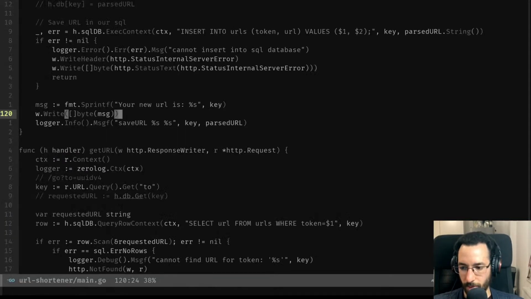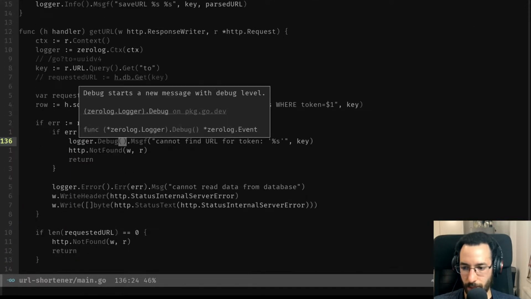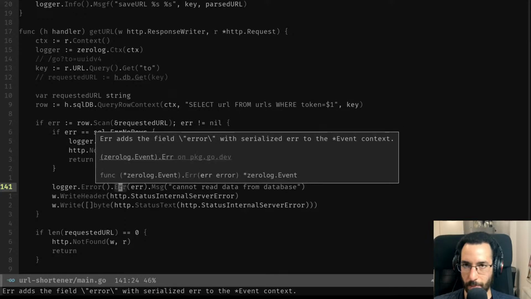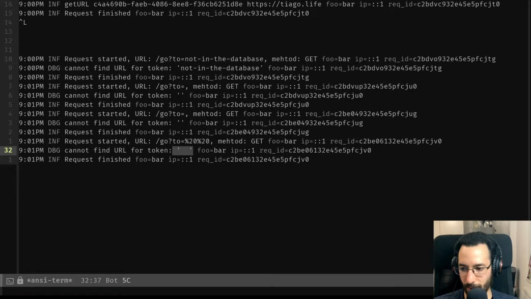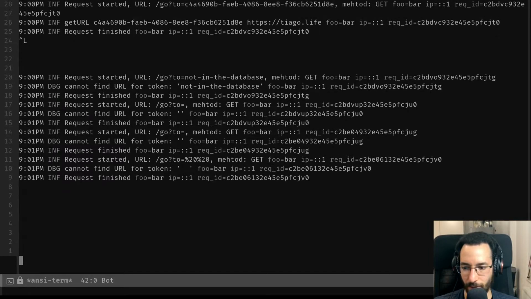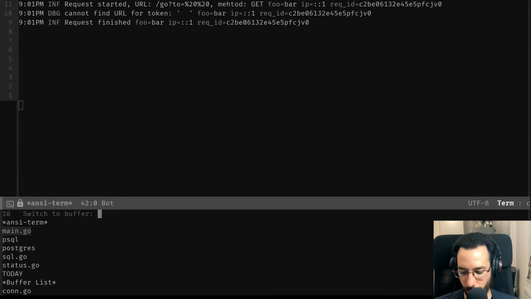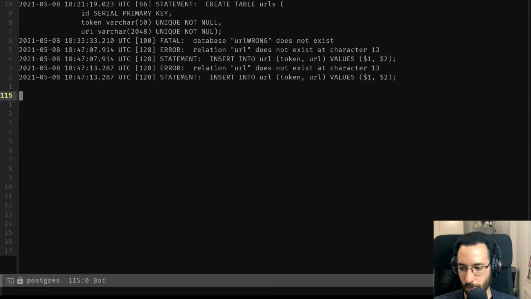Let's go back to our main.go. And then I don't think I can manage to break it to show. Oh, I can break it to show an error. Yes, I can break it. I just want to show the log error to see the difference between, okay, that was not found, and that was the error log error. If I go to my Postgres terminal,